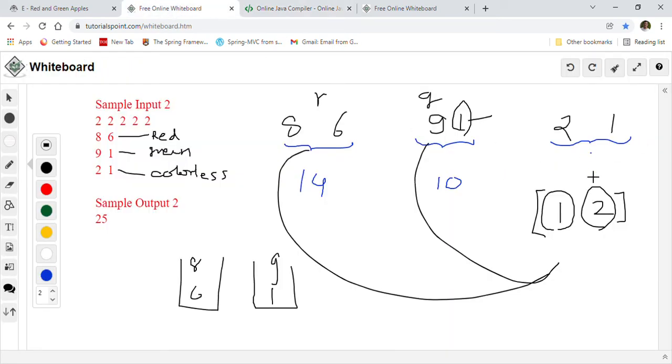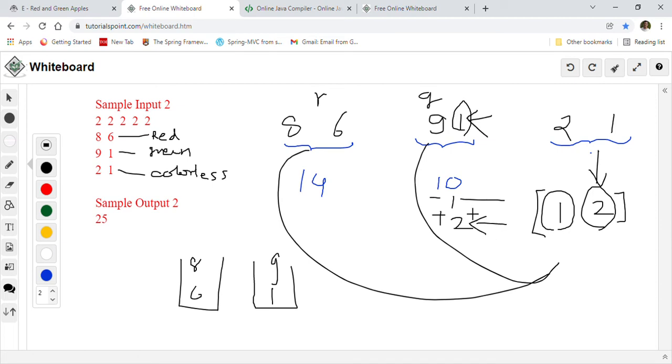Here these two, we want to replace this one with this 2, right? So in this case we are having 10, so minus 1 we will do here, and plus 2 we will do, right? So we are removing the green apple value here and we are adding the colorless apple